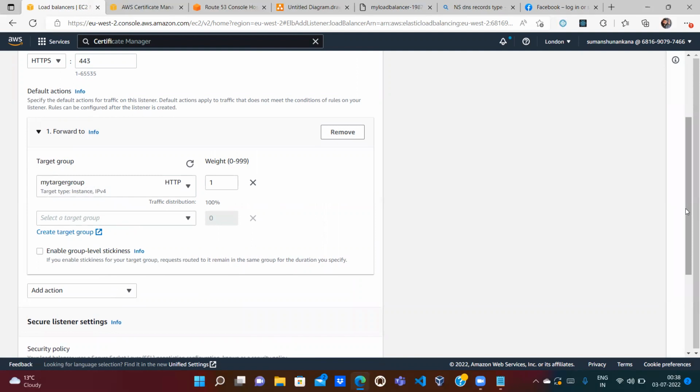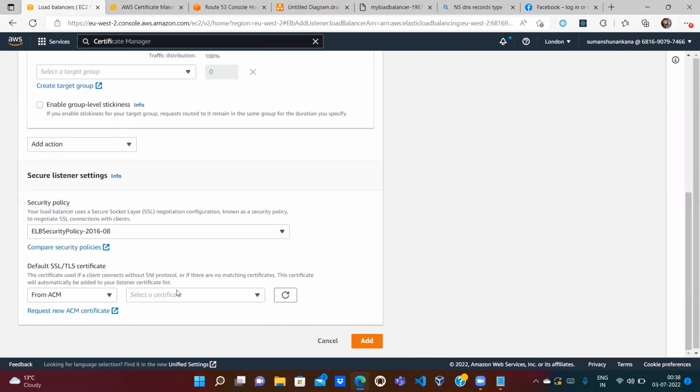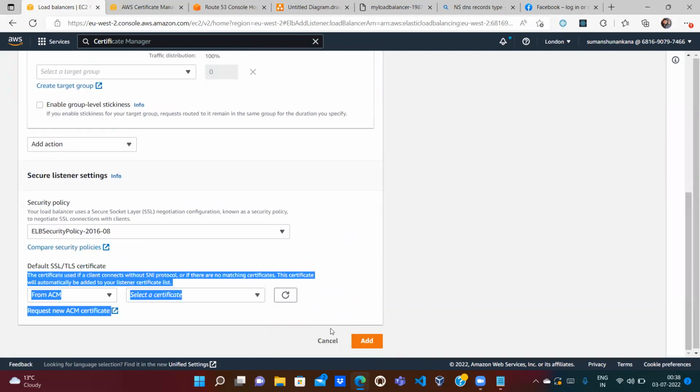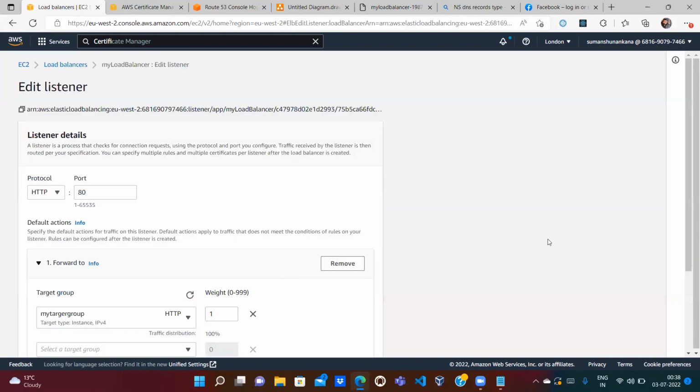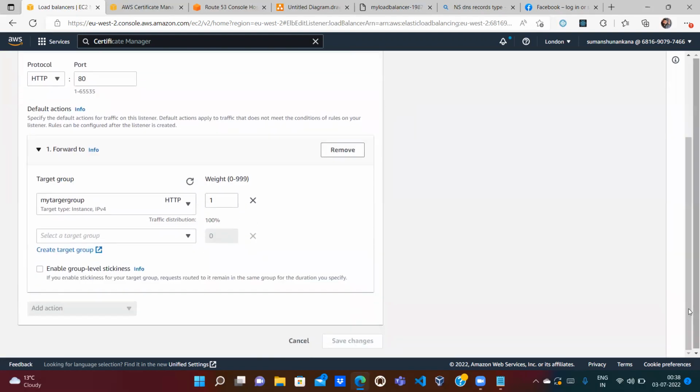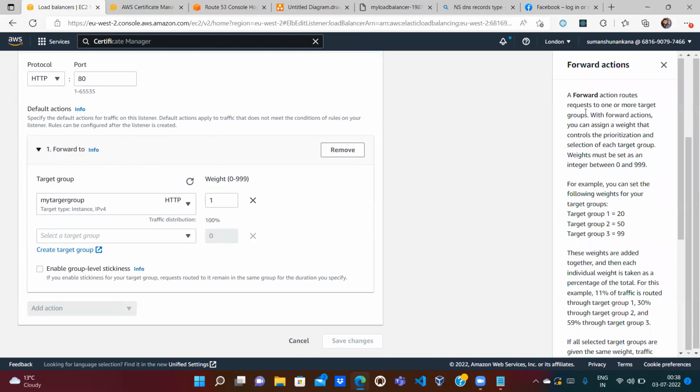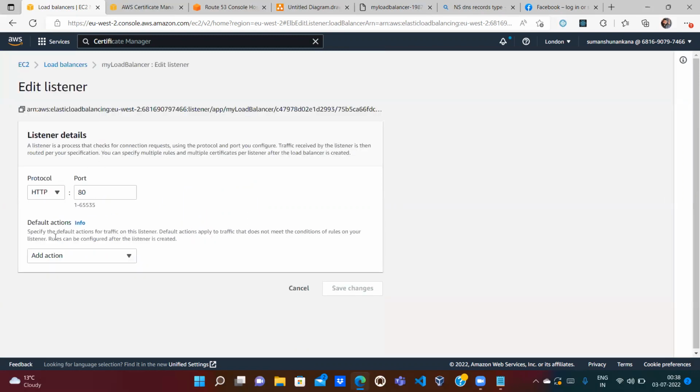Okay, we are not able to attach the HTTPS because we don't have the certificate. So let's cancel it. But how to redirect from HTTP? So click on it, add it. I think there is some option instead of forward. A forward action sends the request to one or more target groups. Okay, let's remove this. And if I select redirect,